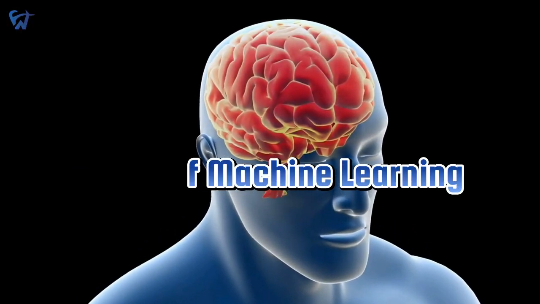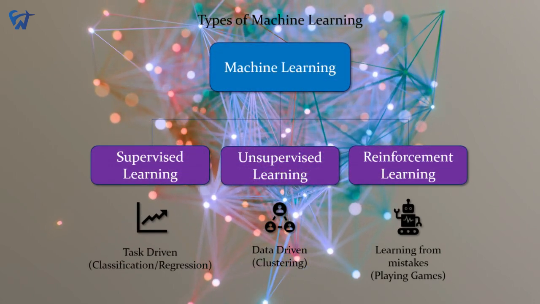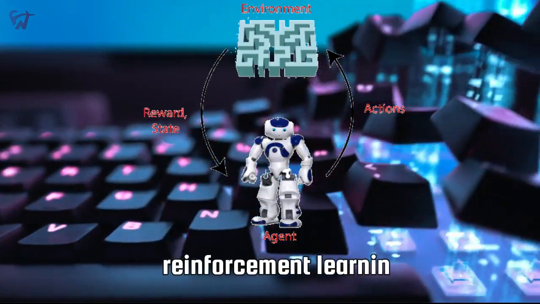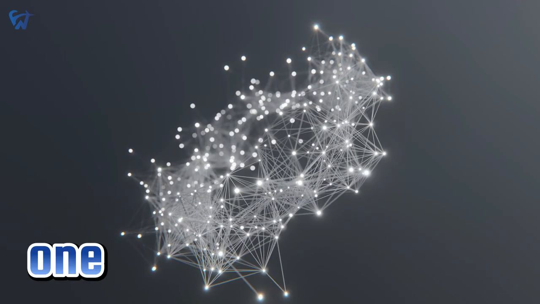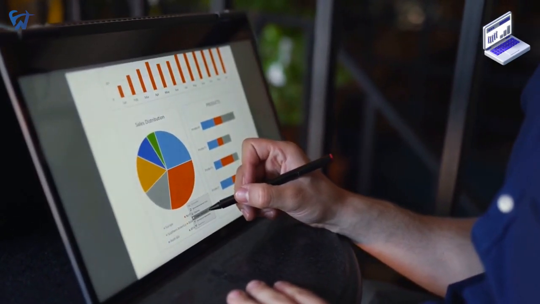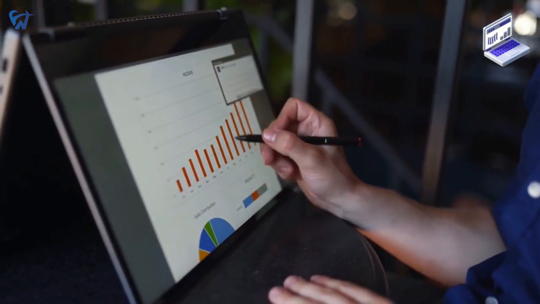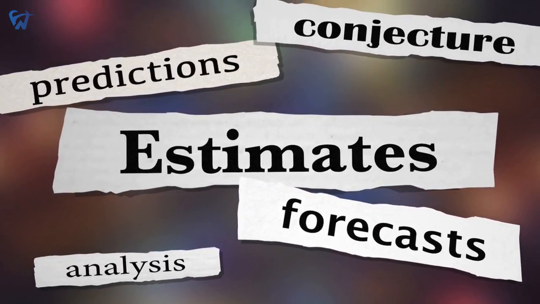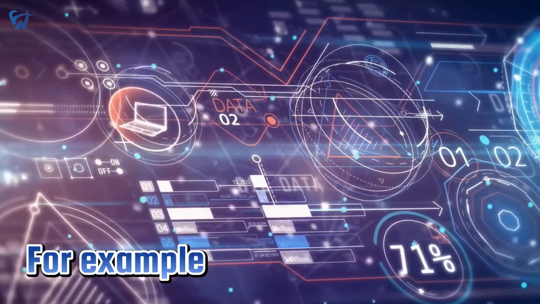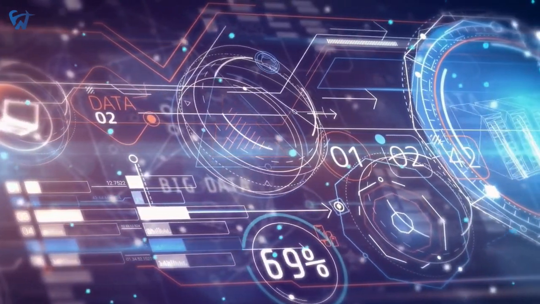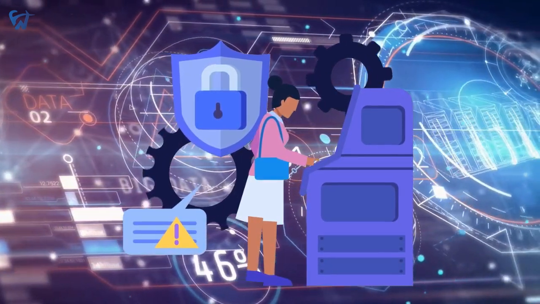Types of machine learning. There are three main types of machine learning: supervised learning, unsupervised learning, and reinforcement learning. 1. Supervised learning. Supervised learning is a type of machine learning where the algorithm is trained using labeled data. The labeled data is used to create a model that can be used to make predictions on new, unlabeled data. For example, a supervised learning algorithm can be trained to recognize handwritten digits using a dataset of labeled images of